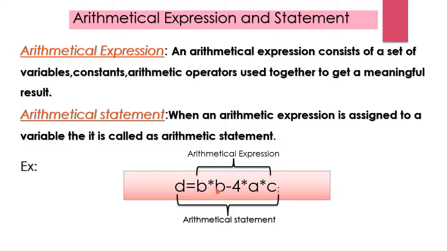Here b, a, c are variables, asterisk is an operator and 4 is a constant. An arithmetical expression should consist of variables, constants and arithmetic operators. So in any expression, apart from this, you'll have only these. Next, let us see